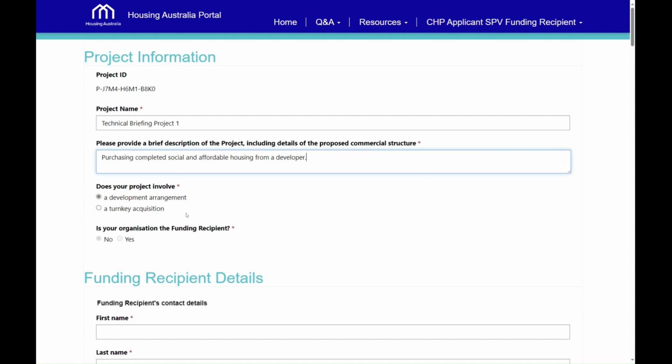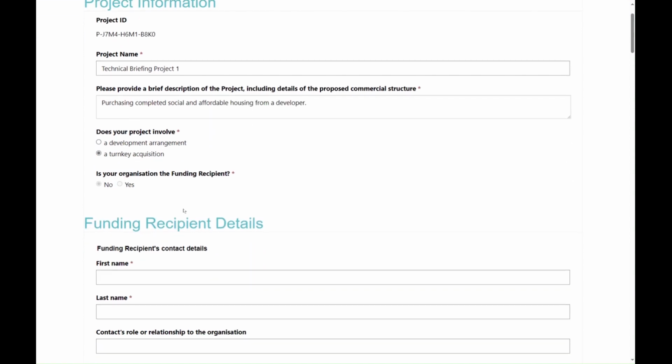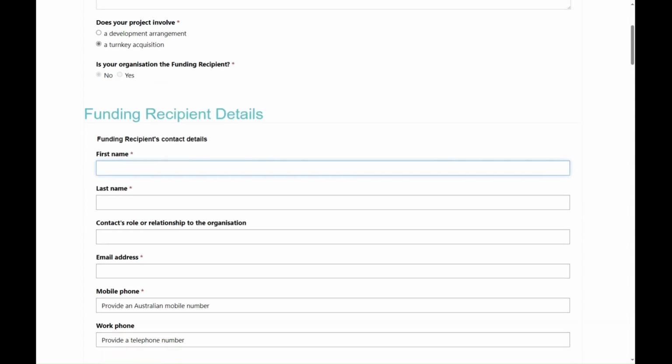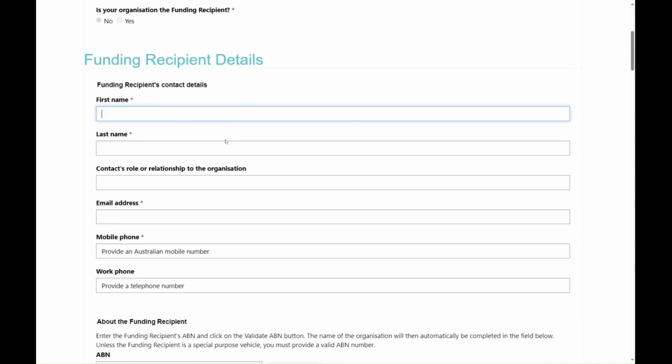The next question asks whether my project involves a development arrangement or a turnkey acquisition, whether I'm building the dwellings myself or arranging for them to be built, or purchasing them completed. In this case, we're doing a turnkey acquisition. The responses that you provide on the online web form should be consistent with the responses that you provide in the pro forma financial model, as well as the returnable schedules and supporting documents, because